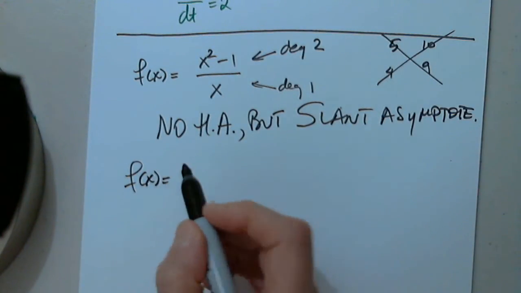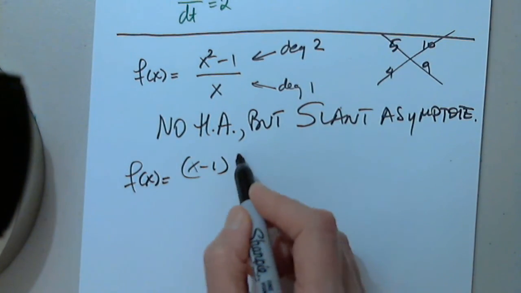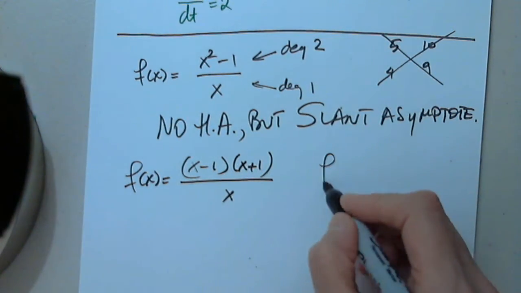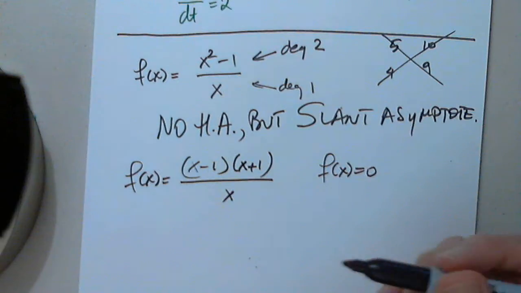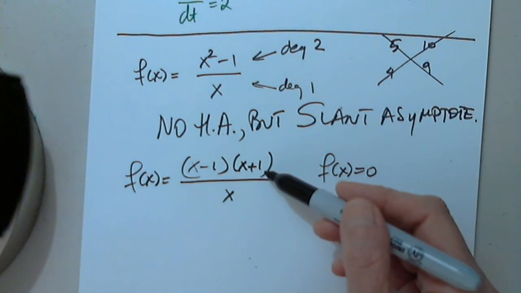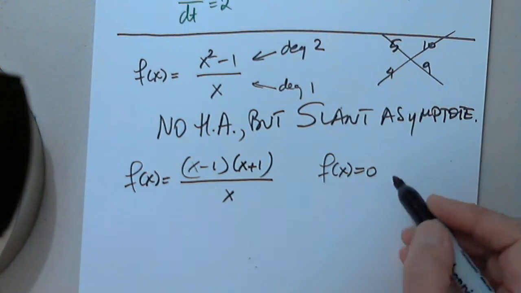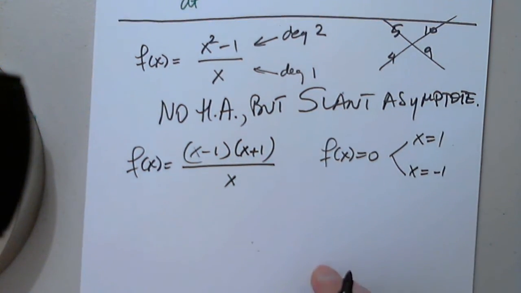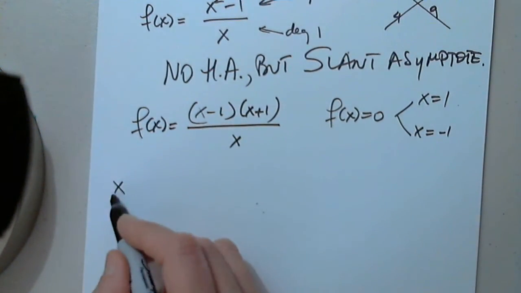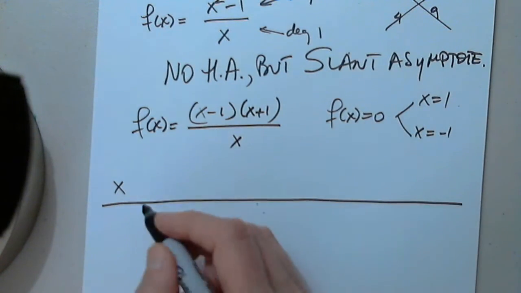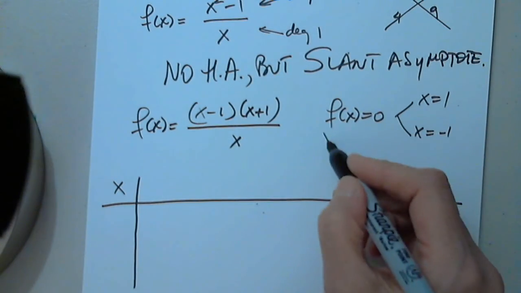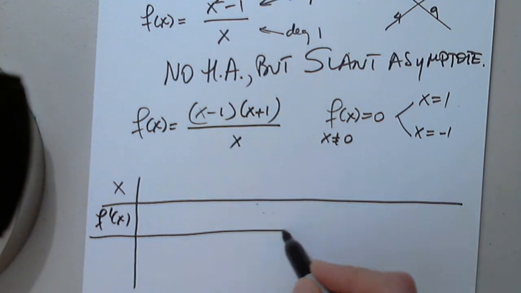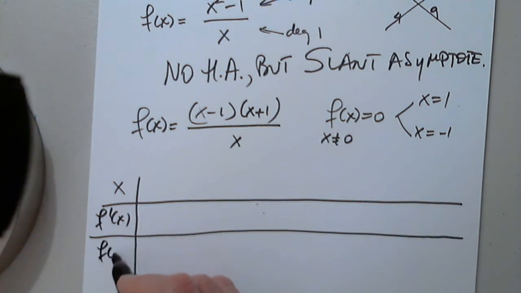Of course, I will first factor the numerator, because when I set this function equal to 0, only the numerator can be 0 for the function to be 0. So there are two options, x equals 1 and x equals negative 1. So I can get my table started already. And I also know that x cannot be 0. So f prime of x, f of x,